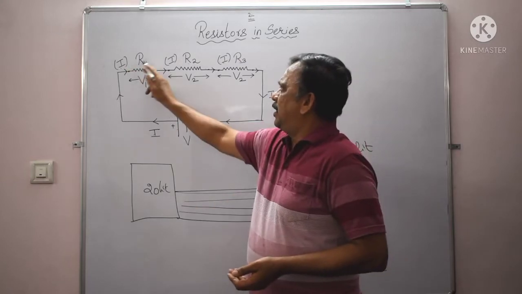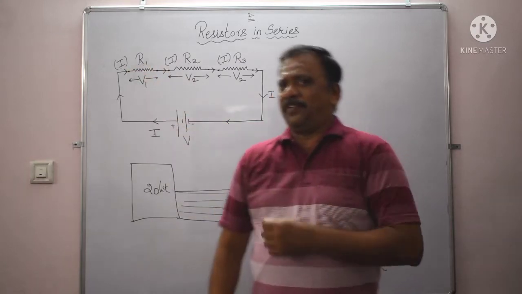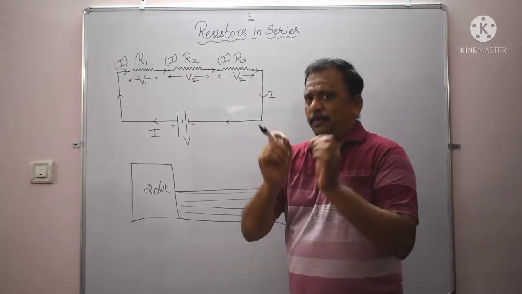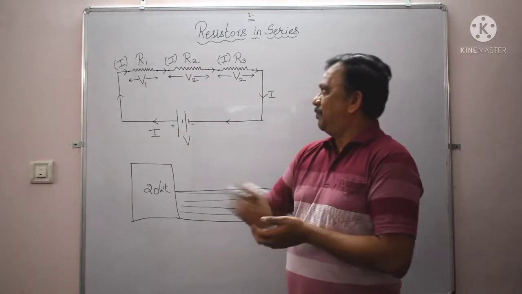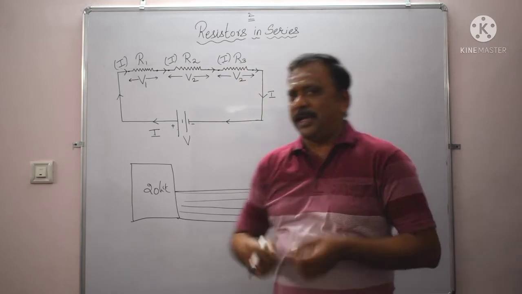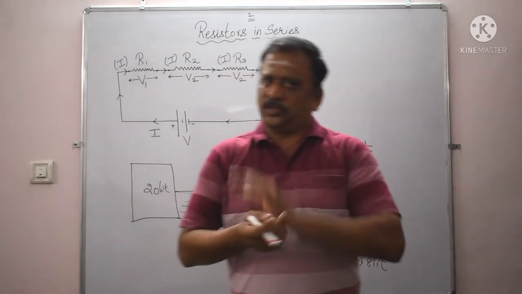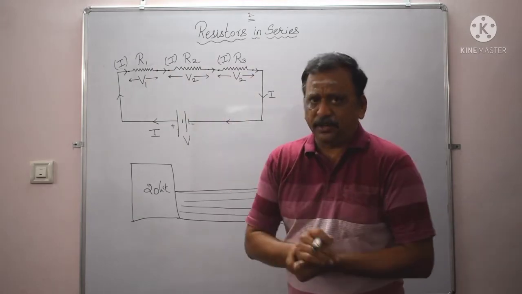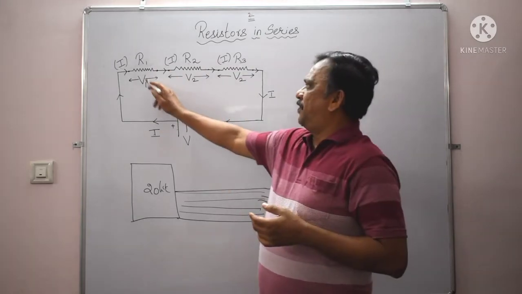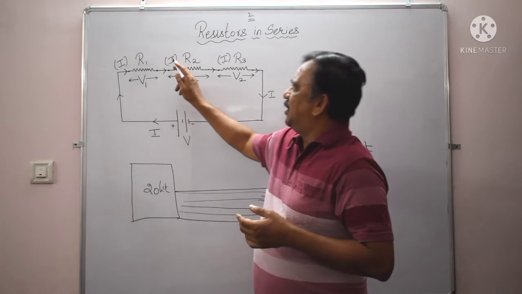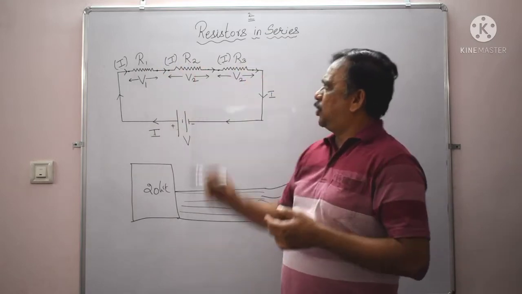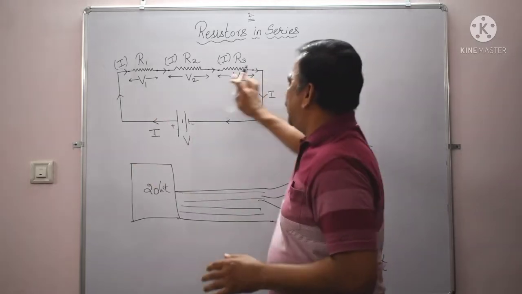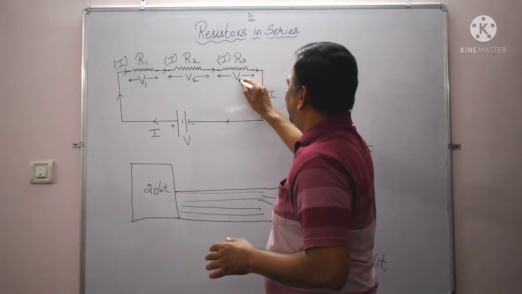Because I R1 gives me the potential difference across the first resistor. I R2 gives me the potential difference across the second resistor. And I R3 gives me the potential difference across the third resistor. Now if the resistances of these three resistors are different, then the potential differences, that is the products I into R1, I into R2 and I into R3, that is nothing but V1, V2 and V3, will be different. It should be V3 here.